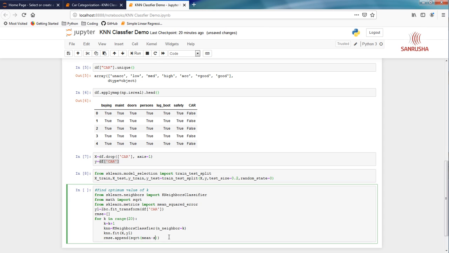Mean squared error, y1, then knn.predict, and we're going to pass the x value here. So that is our empty array. Now let's print that. Print k value, and that's going to be our k value here, and then RMSC value. And that's going to be this guy.